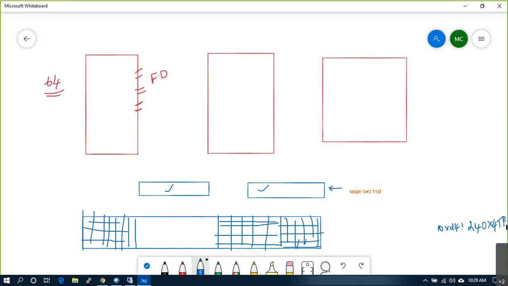How much space? Around 1 petabyte, not exactly, 0.9 petabyte. Total size is 240 into 4 TB, around 960 TB. 1024 TB is 1 petabyte, right? So 900, how much?